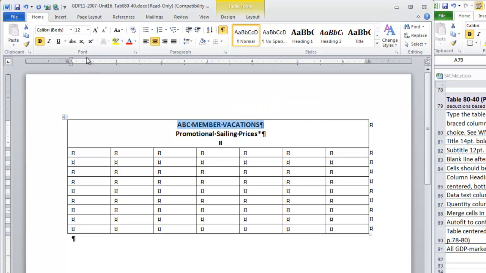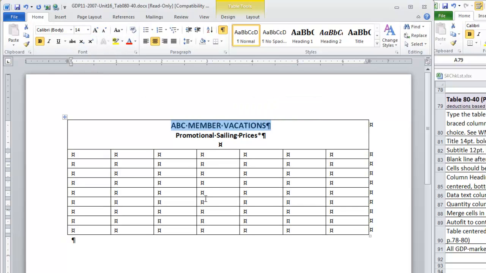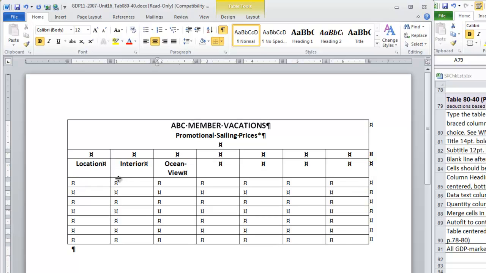Then go back and be sure that your title is 14 point. Then we're going to select the next 2 rows and set bold. Then it might be helpful to you to type the column headings first. You can also set center so that you'll know which rows you need to merge for the braced column headings. So let's move to row 3 and type location, interior, ocean view, don't worry about it bumping to 2 lines,